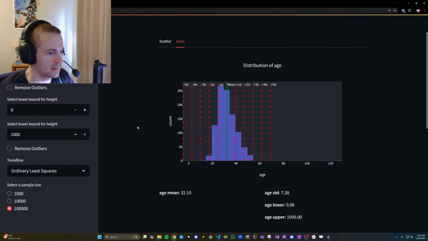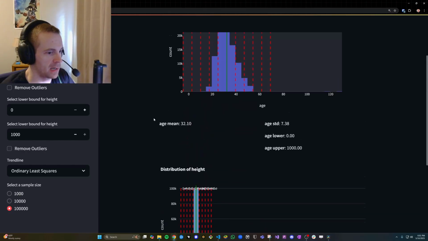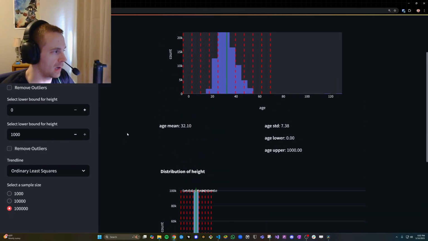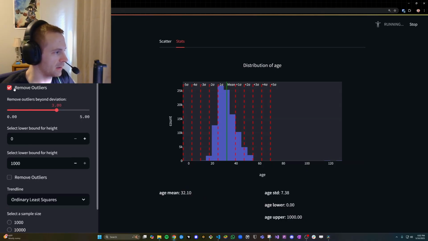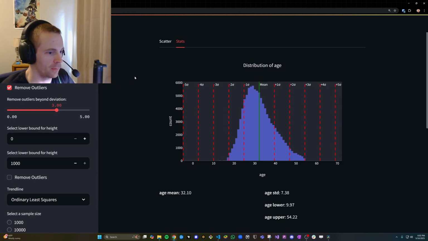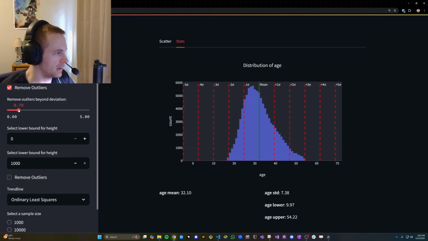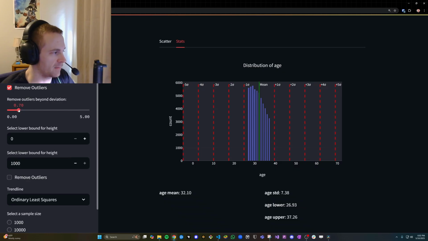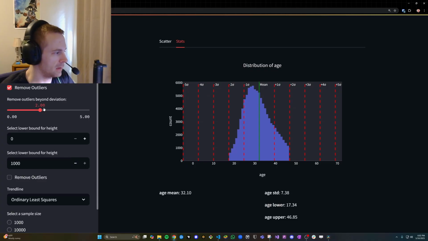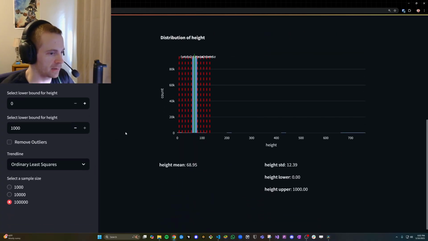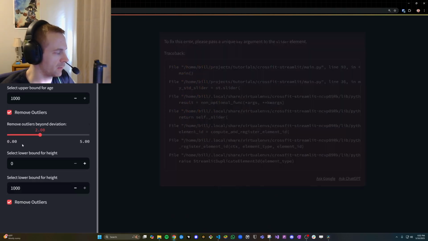Okay, so the age, you see we have our standard outliers, the 120-year-old. Okay, so if we select the checks to remove outliers for the x-axis, that takes care of all of them beyond a certain amount of standard deviations. We can set this to be only 0.7 if we want, something like that, so that's pretty cool. And if we check the height down here, we have 700 as one of the outliers. So if we do the same thing and